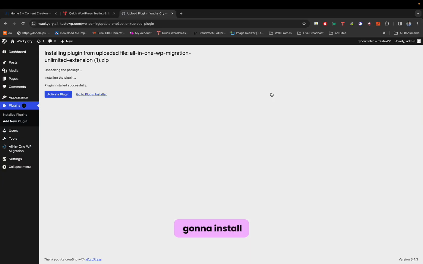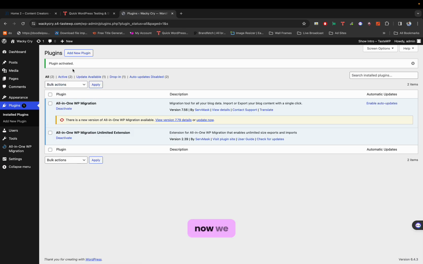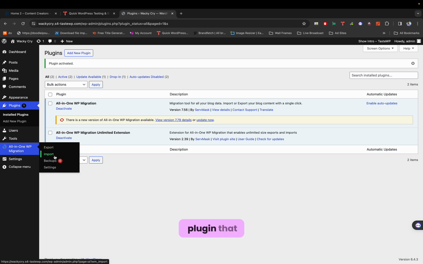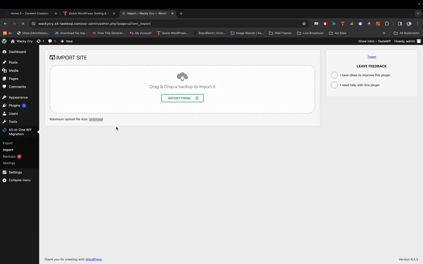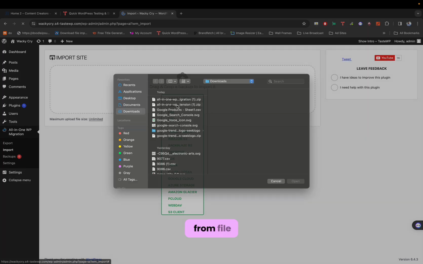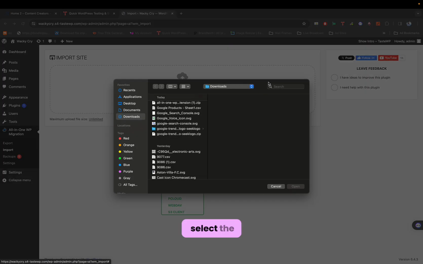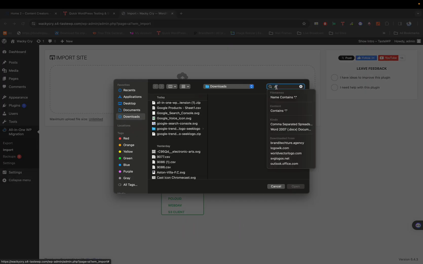So I'm going to install. Alright, so I'm just going to click on activate. Now we have our backup plugin. Now it's time to import the backup that we added. So I'm just going to go to import from file. So I'm going to select the WordPress file,